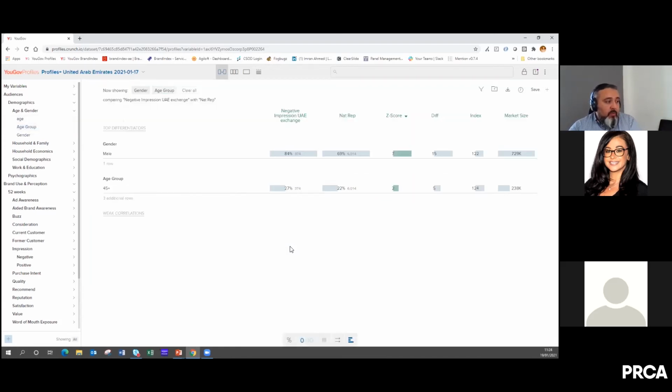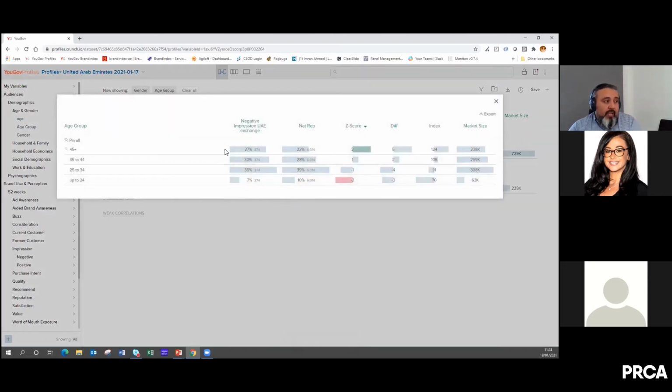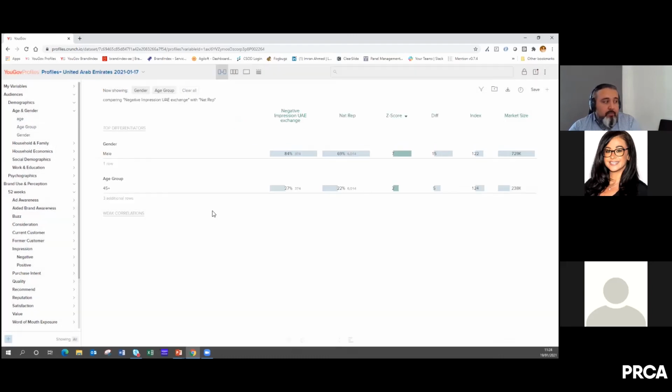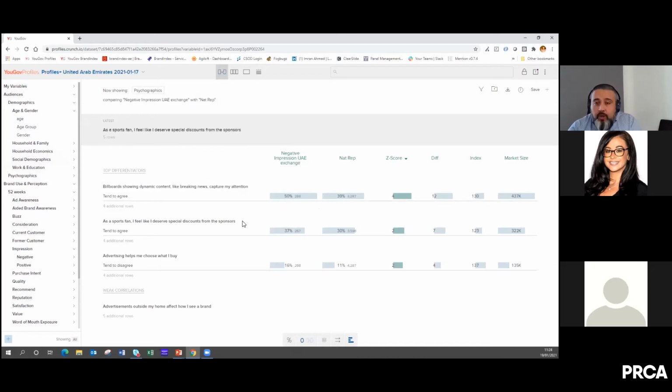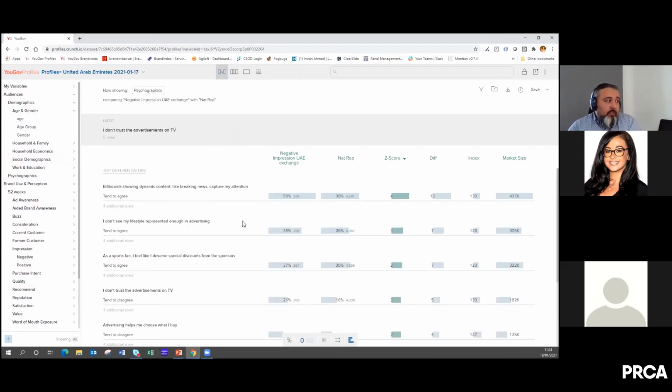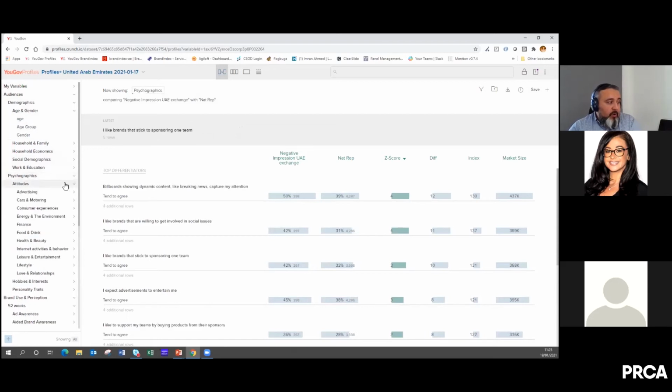You can drag them in one by one, add them to the group, and you can then see that this group is statistically more likely to be 45 plus than the general population. This is how you start to build up, dragging and dropping all the interesting variables. Or, like I said, you can drag the whole folder in. The system will then go through all the questions that sit within psychographics, all these attitudes,